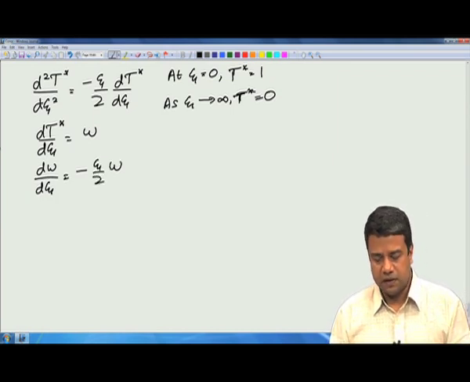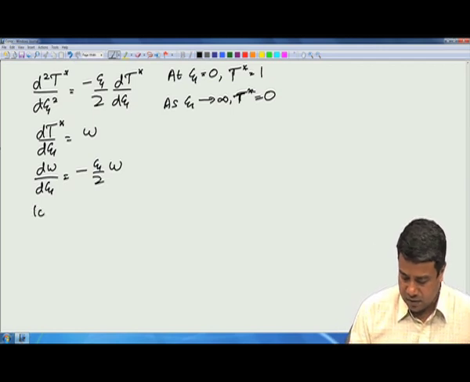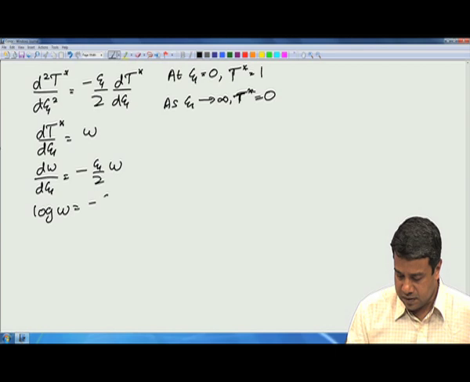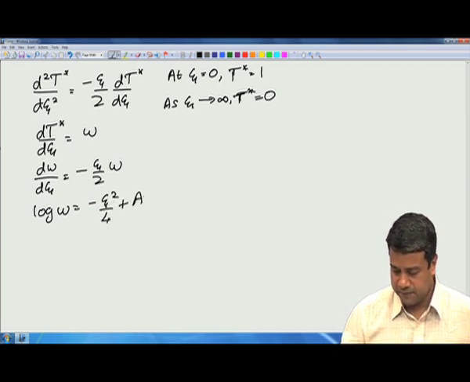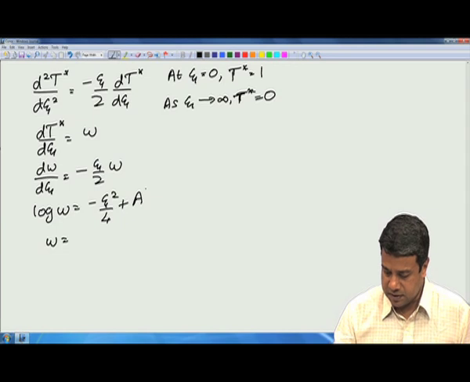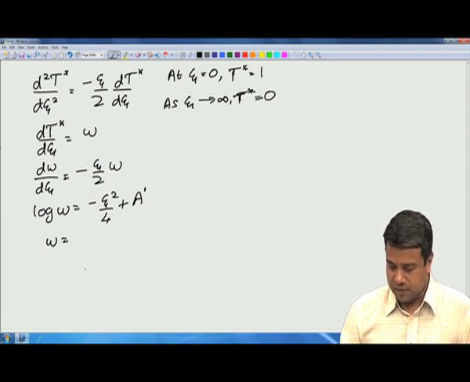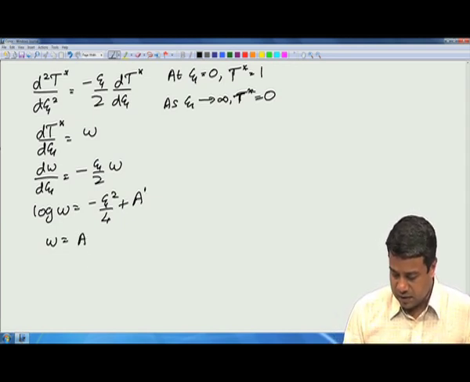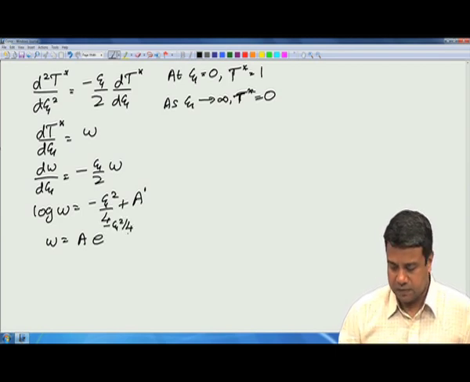If you integrate this one, you will get log w is equal to minus psi square by 4 plus some constant a. Therefore, w can be written as, let us call this constant a prime, w can be written as a e power minus psi square by 4,